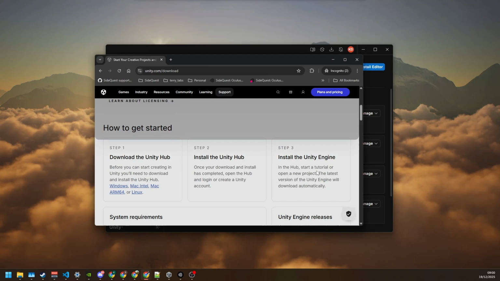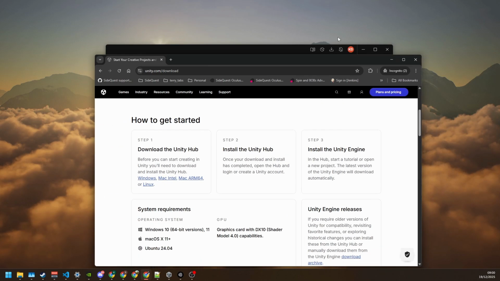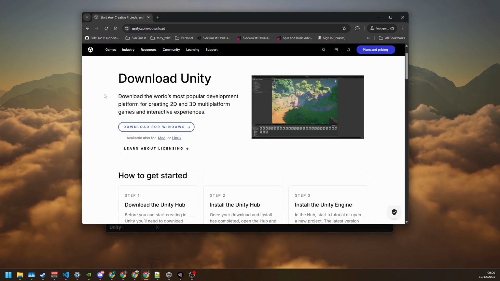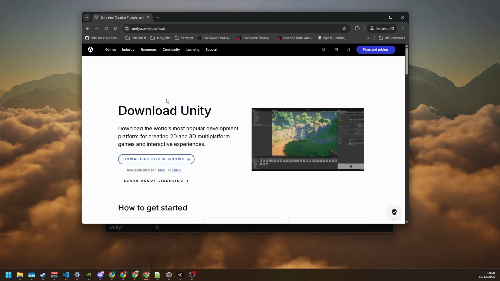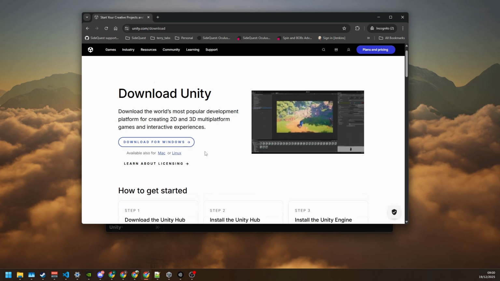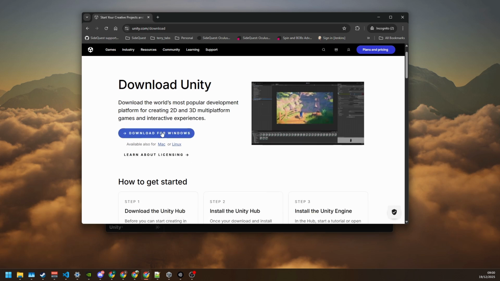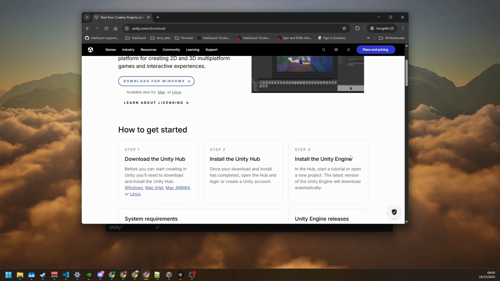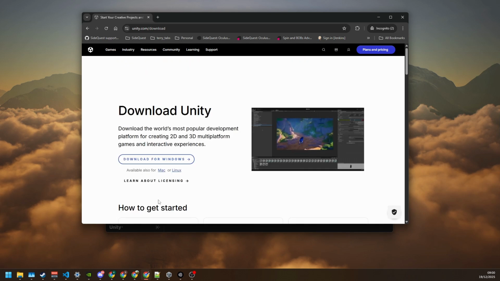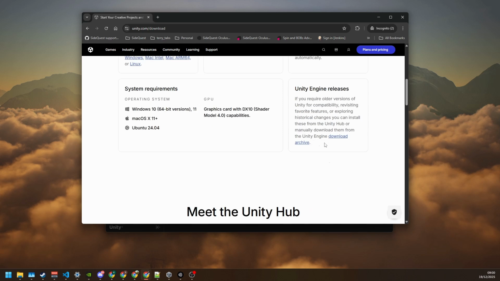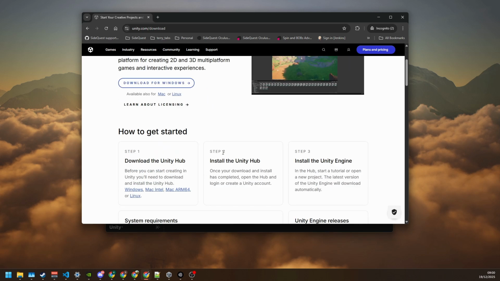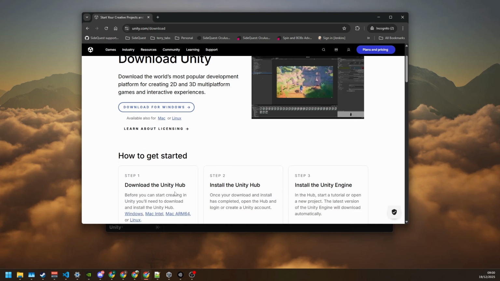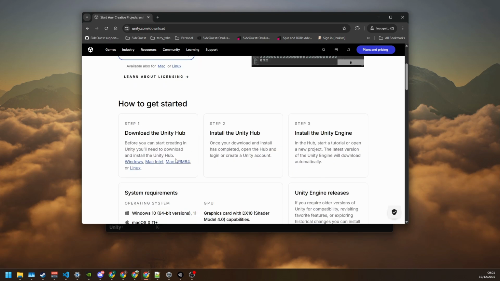Yeah, so basically, when you go to unity.com/download or just Google Unity, it should be the first thing that comes up, right? You want to download it for Windows. By default, it'll give you Unity Hub, so you'll just want it. You don't have to have it if you don't want to. You can download the versions individually, but you can just get Unity Hub. I highly recommend it, although I don't like it, but hey. Yeah, so download it for your desired system, install it,